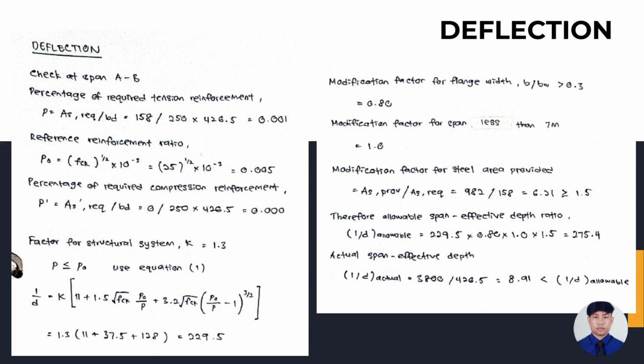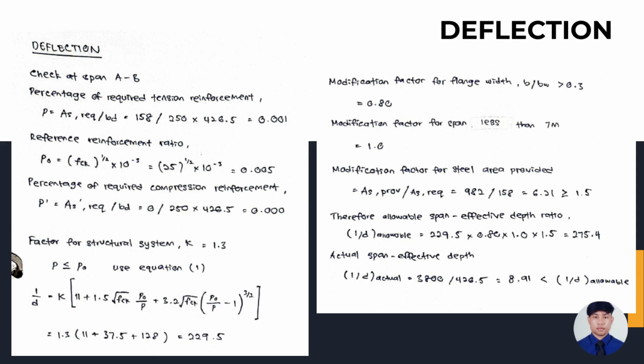So the formula that we use is P less than P naught. The answer that we get is 229.5. For the modification factor for flange, we get 0.8. Modification factor for span less than 7 meter we use 1.0. Allowable span effective depth, we get 275.4. The actual span, we get 8.91, less than